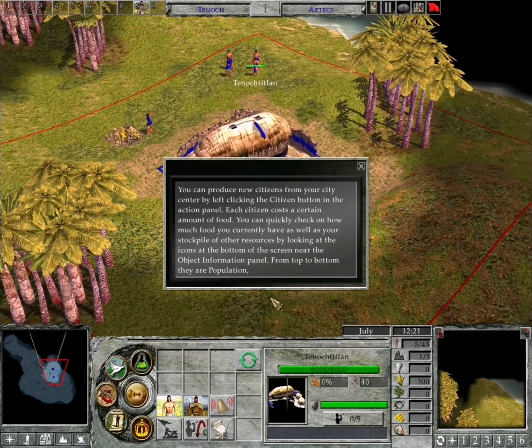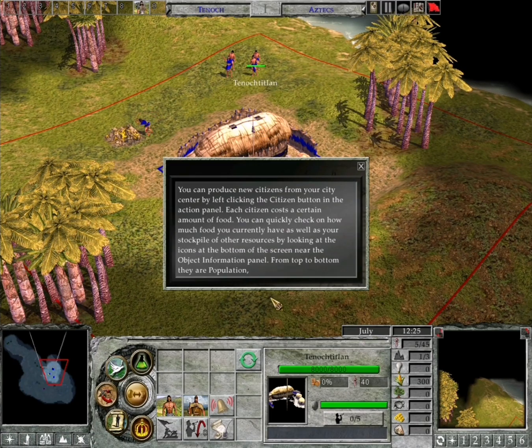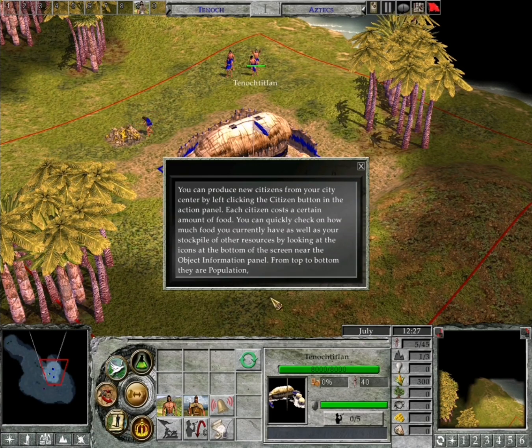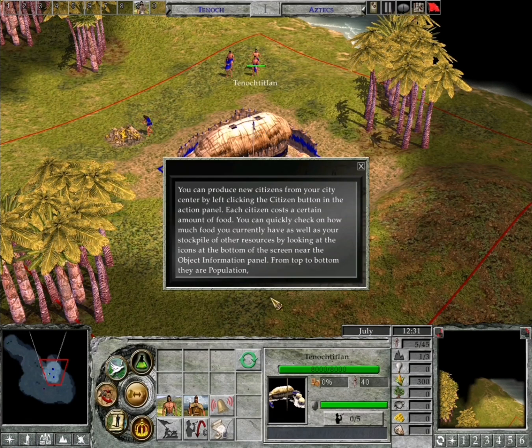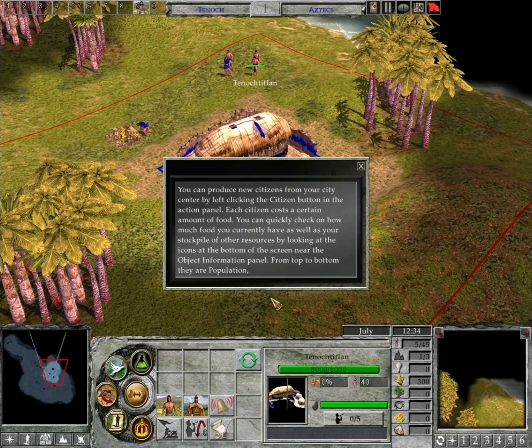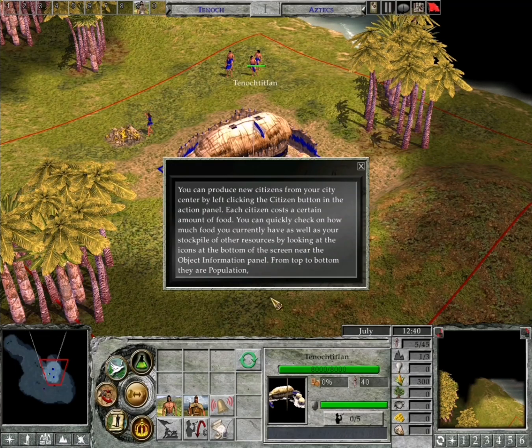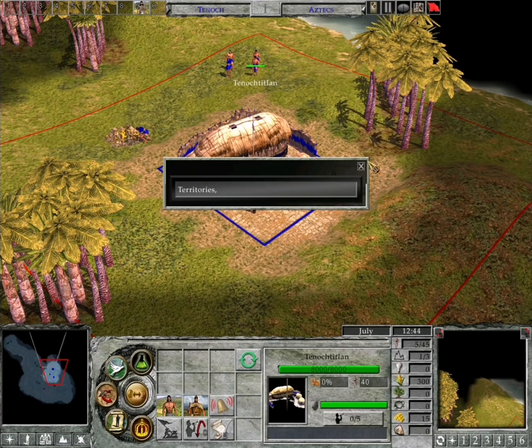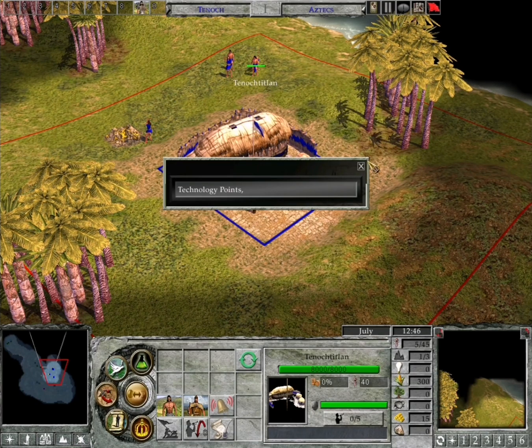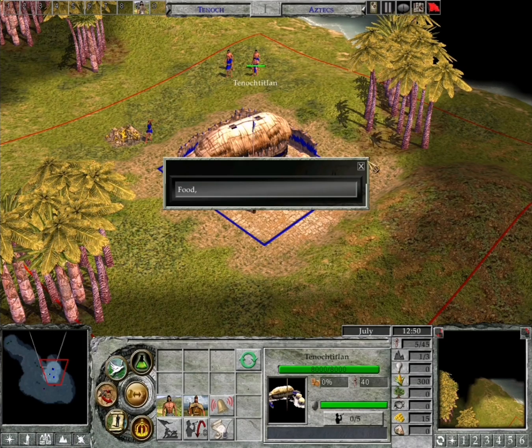You can produce new citizens from your city center by left-clicking the citizen button in the action panel. Each citizen costs a certain amount of food. You can quickly check on how much food you currently have, as well as your stockpile of other resources, by looking at the icons at the bottom of the screen near the Object Information panel. From top to bottom, they are population, territories, technology points, food, wood,